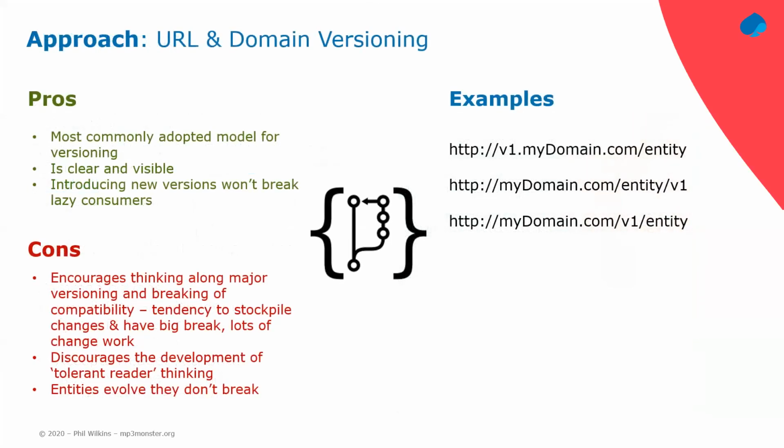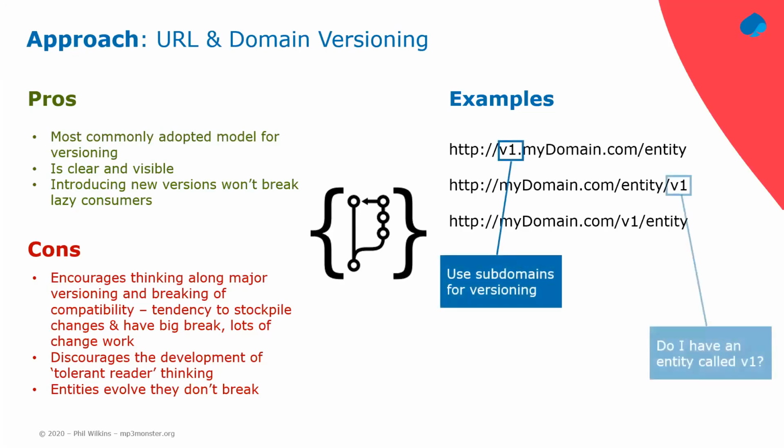So one way of doing it is to apply semantic versioning and put it into the URI. We've seen this. This is probably the most pervasive one. And you can see this, but think about, what does it mean? Am I versioning my whole domain in the first example? Is my versioning in the second example actually v1 the entity using the